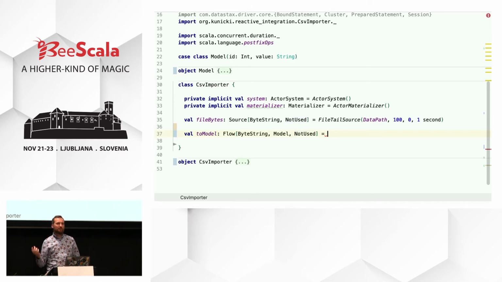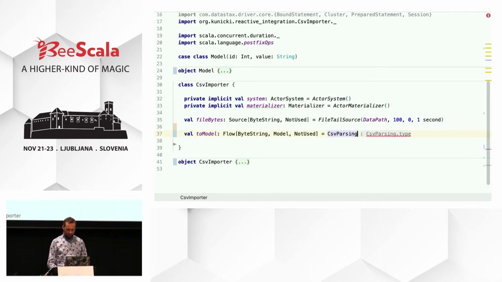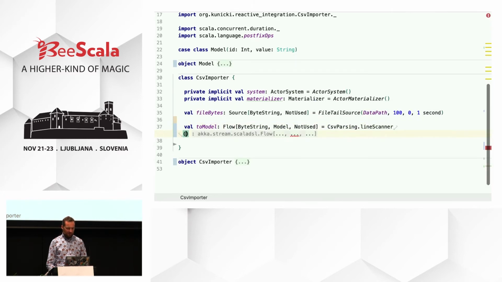And to convert our byte strings into our domain model, and basically to read data from the CSV file and to parse it automatically, we have a dedicated component in Alpakka, which is called CSV parsing. There is a lineScanner method, and if you look at the type,